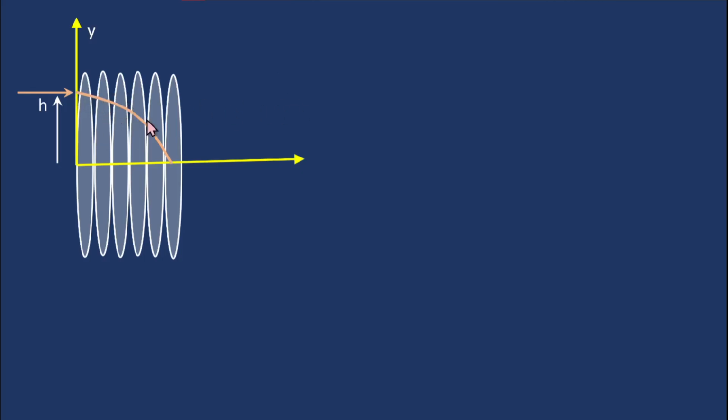Let's say this is the path here, right? Now let's just focus on a very small part here, right? So let's say I'm taking a very small part here, this part. Let's say we are taking a very small segment along the x direction of length dx, and I'm just considering this part of the length dx, right?